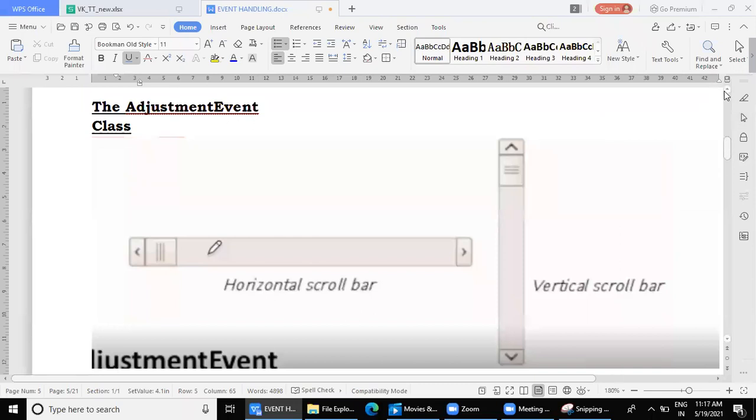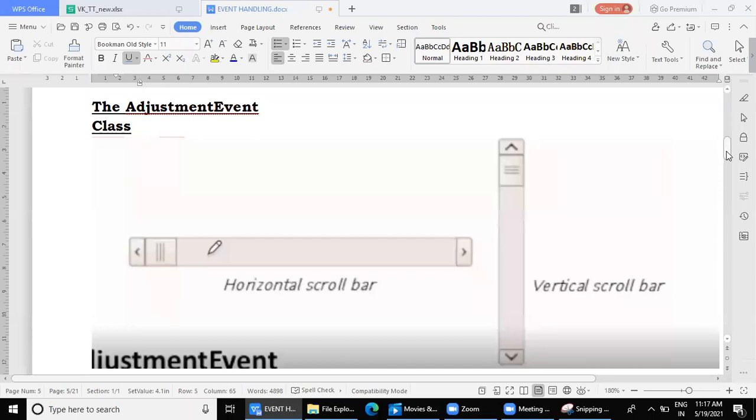On a scroll bar, how does the picture of a scroll bar look? So let me show you here. On a scroll bar, you will see two ends which are indicated by the arrowheads. In case of a horizontal scroll bar, the arrowhead will be directed towards left and right. In case of a vertical scroll bar, it will be directed towards top and bottom. Fine. Showing the directions. So normally, can you see the top end here? So this is the top end and this is the bottom end.